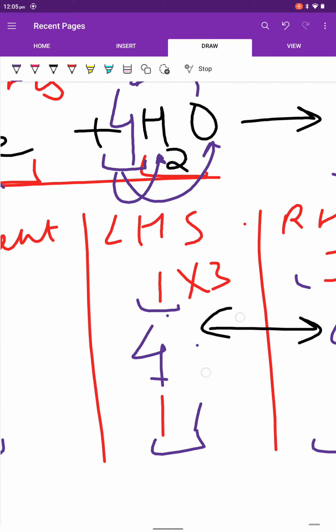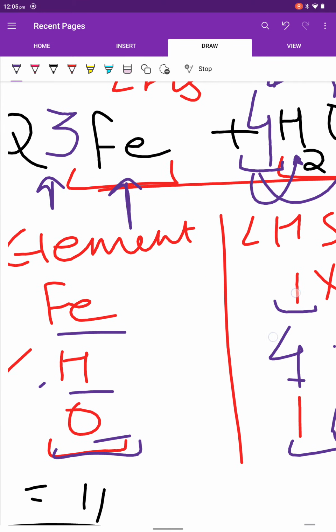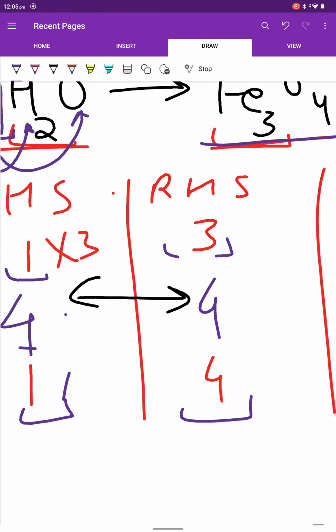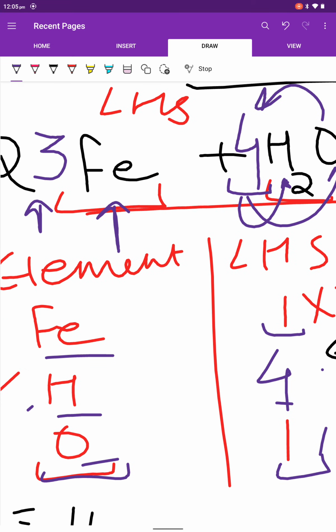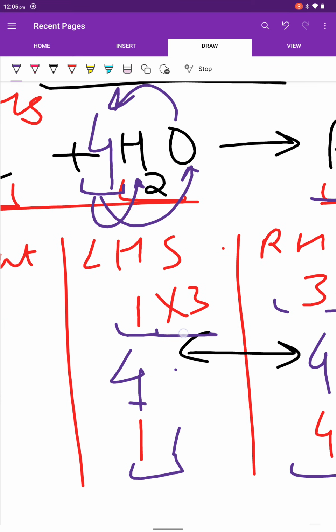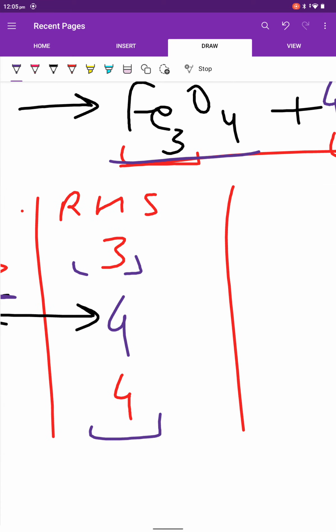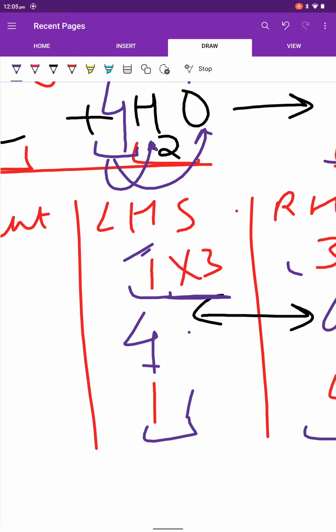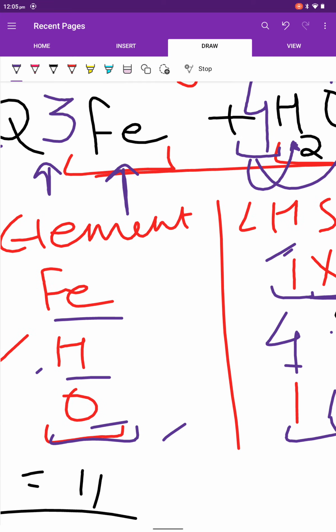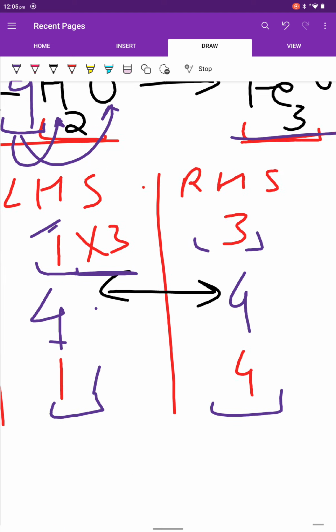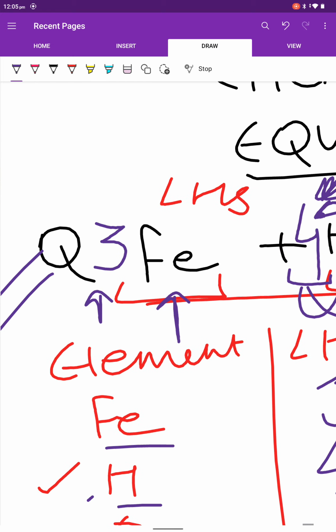Got it? So now what we will do: on the Fe side we will say that it is 1 and here it is 3, means it is not balanced. So to balance it, we multiply it by 3, so that means it will become 3. Now it is balanced, perfect. Hydrogen is 2 before, and it is also 2 after, so we are saying that it is balanced, but it is not balanced after seeing oxygen. After seeing oxygen we got to know that it is not balanced. So अगर ये इसके साथ multiply होता है तो ये भी इसके साथ multiply होता है. Okay, it's compulsory to do this. Now it is balanced. It is perfectly balanced.